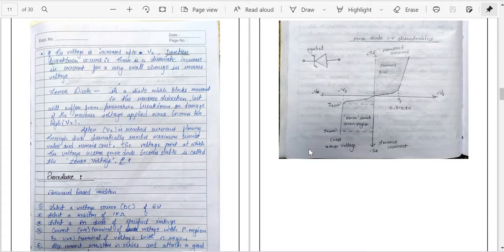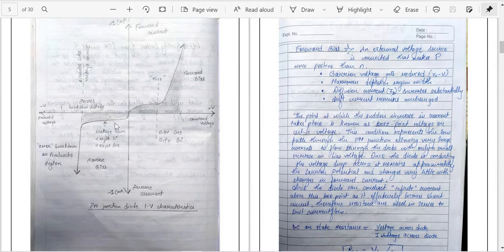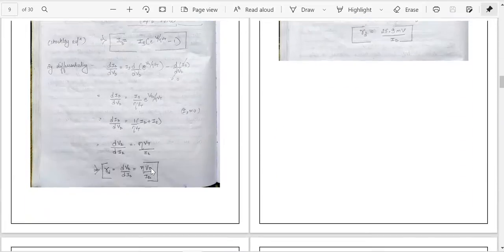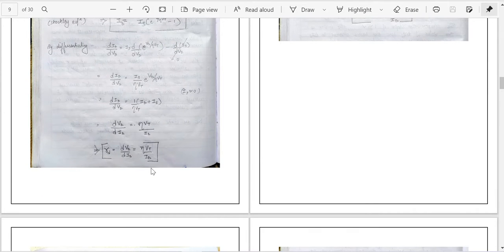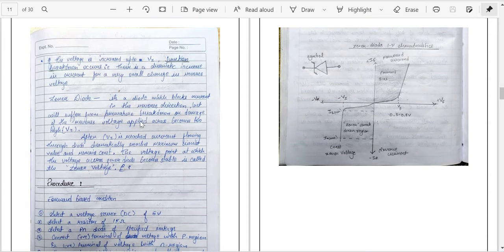And for the reverse bias case, notice that a very small amount of current flows, but as we increase the reverse voltage to a very large amount, then breakdown occurs. Breakdown means an extremely large amount of current flows through the diode, and this results in the crystal breakdown. At the breakdown, a large electric field sets up, which breaks the covalent bonds, and a huge amount of current flows. So basically I have written over here about the Zener diode.